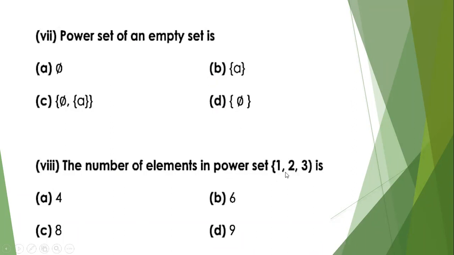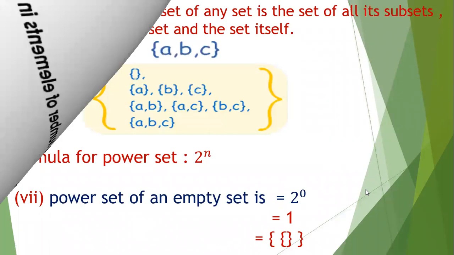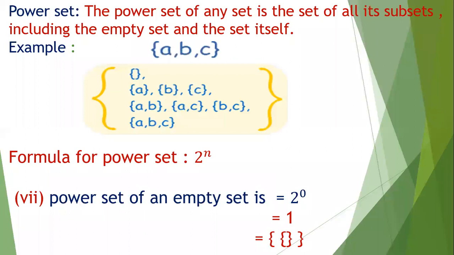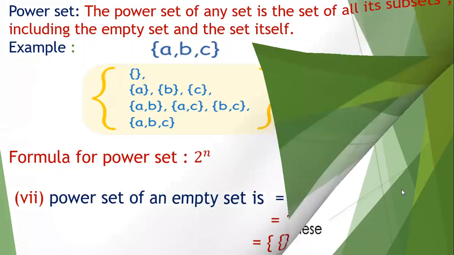Okay, how many will it be? Who will tell me the answer? I have the correct answer from Abdul Rahman Zahid. Yes, it has 3 elements, so 2 raised to the power 3, so it will be 8. Ahad, correct answer. Noor Hira, it is not 9, it will be 2 raised to the power 3, which gives you 8. Am I clear here? Correct answer, Lisa, Noor Hira. Okay, it's the C part. So here, it also has 3 elements, so the number of subsets is 8 here.